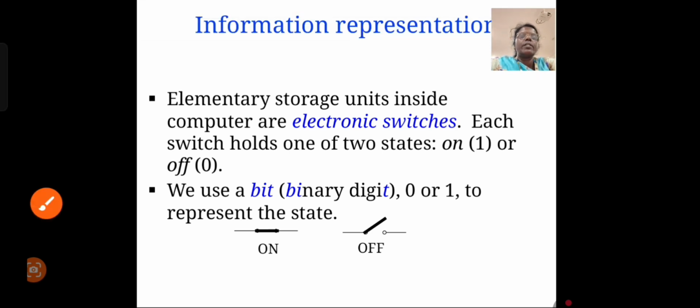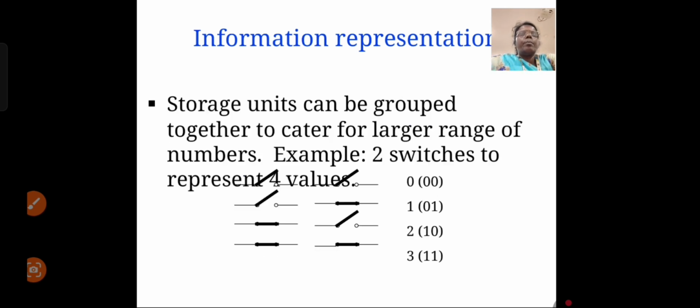So on state is represented with the logic 1 and off state is represented with the logic 0. So if you use only one single switch, we can represent two binary values, right? On state and off state, which is logic 1 and logic 0. But when we want to represent multi-bit information for encoding real world information, we have to use